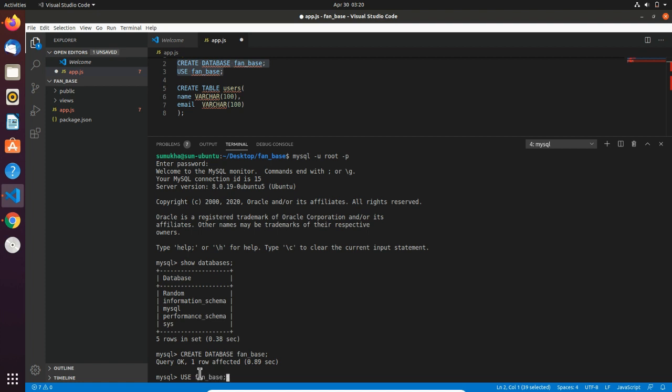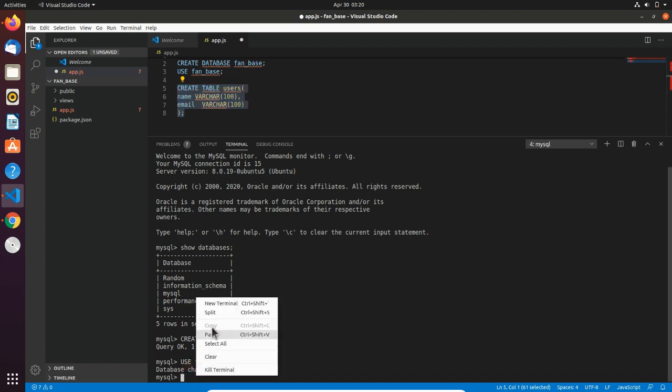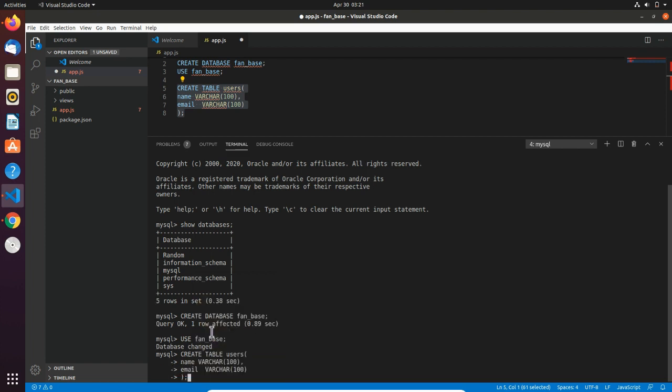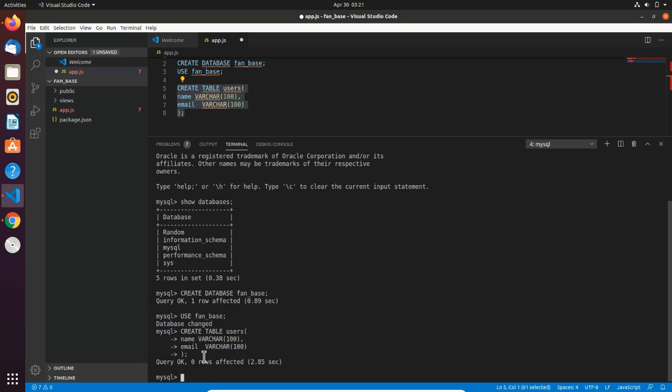Okay, so it says database changed. Yes, that is what we want, and I'll again Control C, and here I'll paste. Press enter. Okay, it says query okay, 0 rows affected. So that means we have not yet created any users.